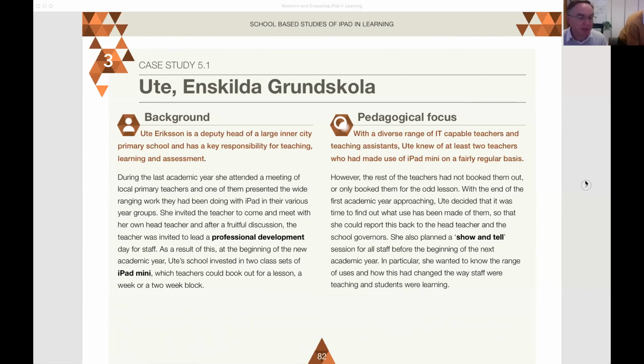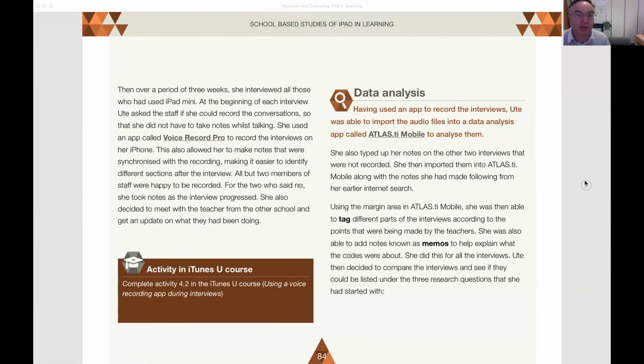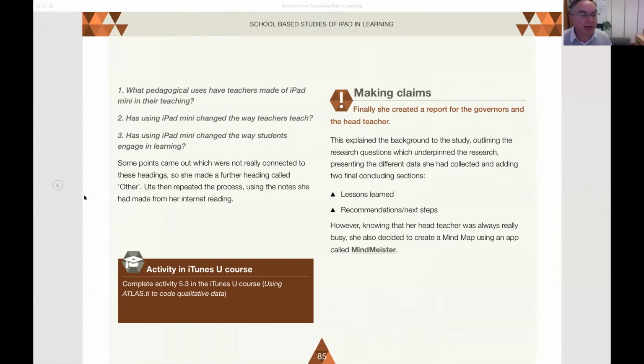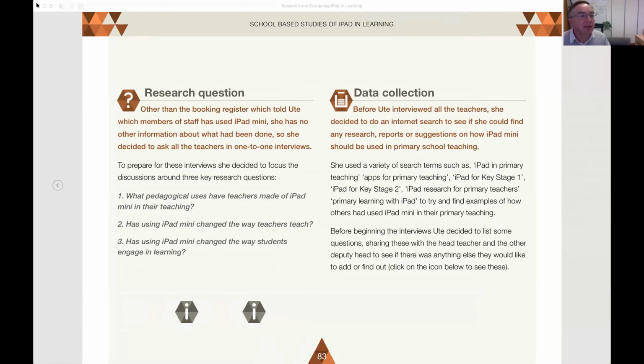They all have a background, a pedagogical focus, a research question, and a method of data collection, then data analysis, which we'll do at a later session. So I'd recommend you to have a look at that book, but what we will do, taking on board that feedback you've just given us, is we'll make a posting of an actual research question that's been broken down to show you how to turn the broad question into a series of interview questions that you might ask in a typical research interview. Is that okay? Does that answer your question?